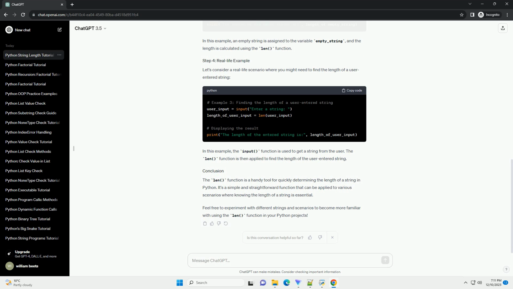The len function is a handy tool for quickly determining the length of a string in Python. It's a simple and straightforward function that can be applied to various scenarios where knowing the length of a string is essential. Feel free to experiment with different strings and scenarios to become more familiar with using the len function